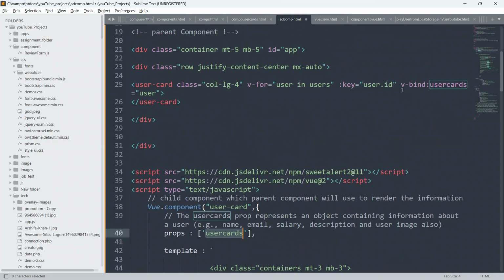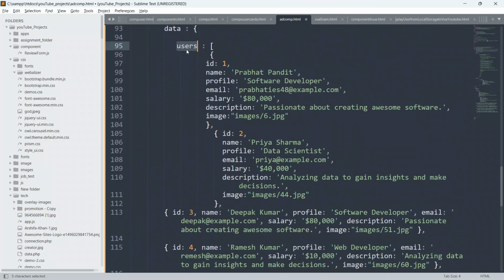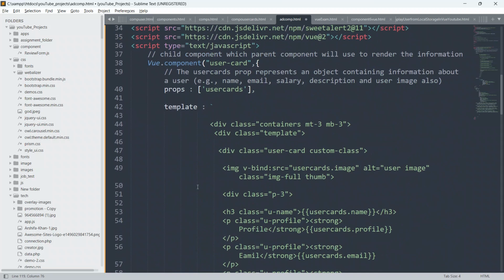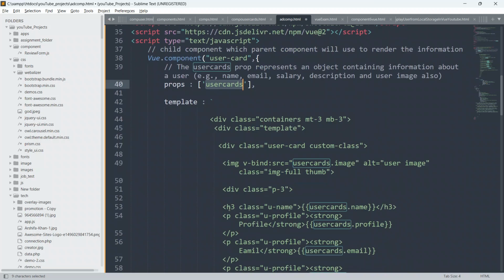Now we are just looping through this users object, 1, 2, 3, 4, 5, and 6, and storing one by one each item inside this user. We are using v-bind to bind this user to this user cards props.